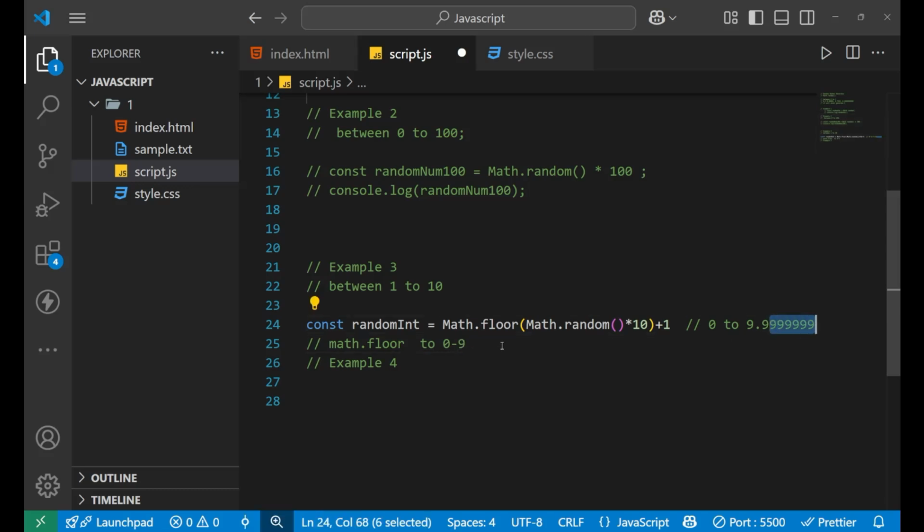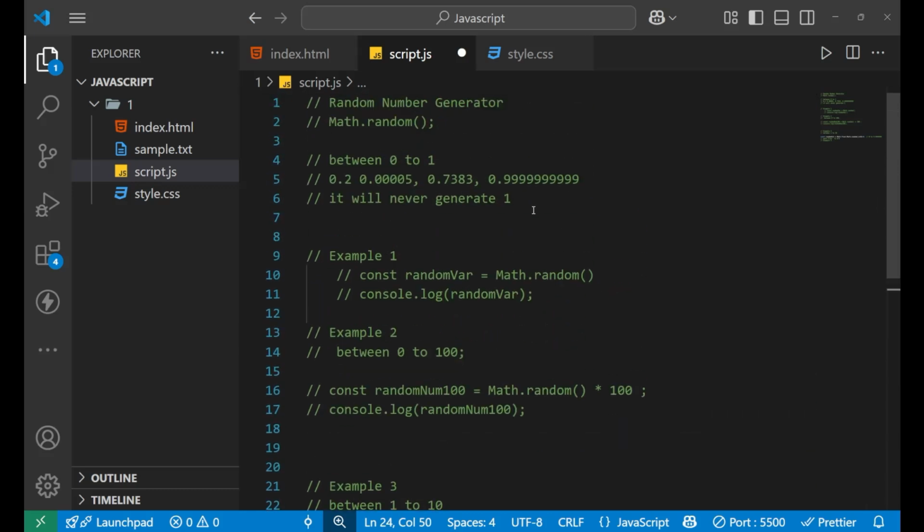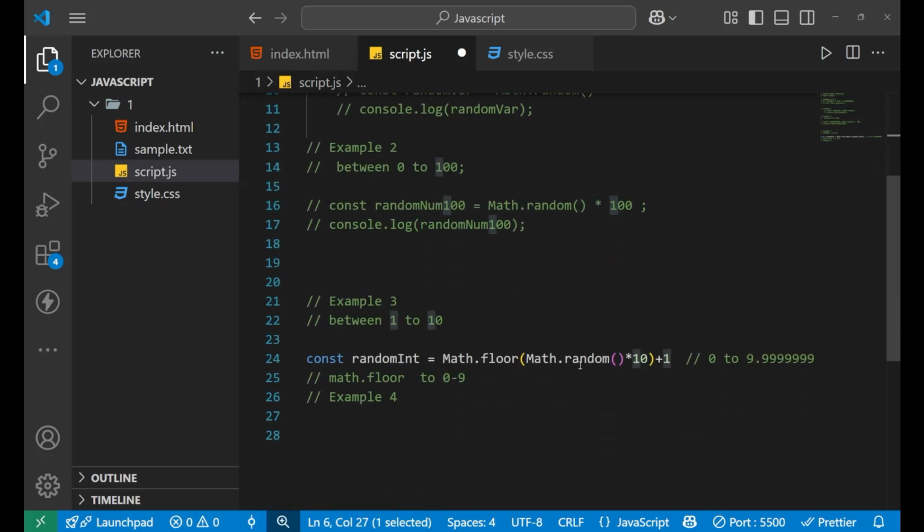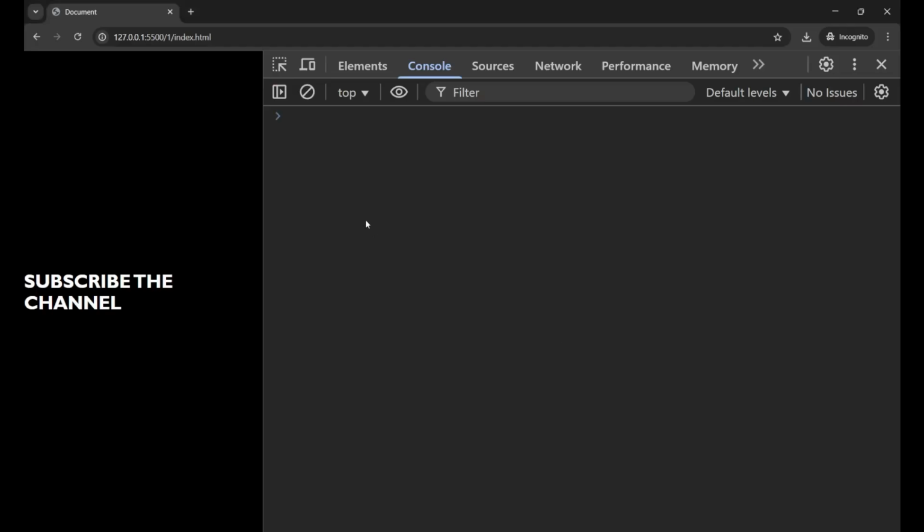It will generate just a single 0, 1, 2, 3, 4, 5, like this, right? And then we are putting plus 1. Why this one? Well, you know that it doesn't generate the greatest number, right? That's why we put this one, so that if in case it generates 9, I get a 10 here. Fine. And by doing this, I get the maximum value also. So let's go to our console and check.